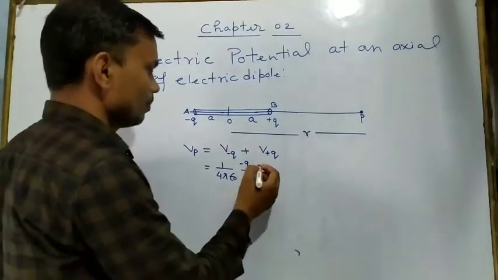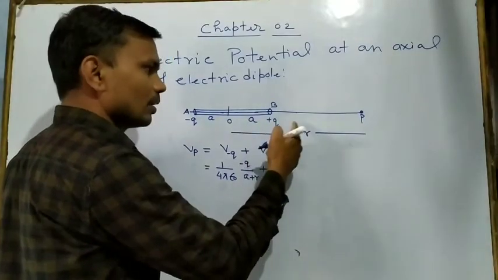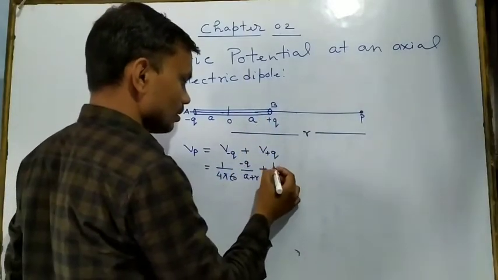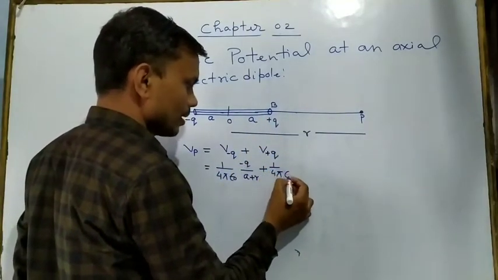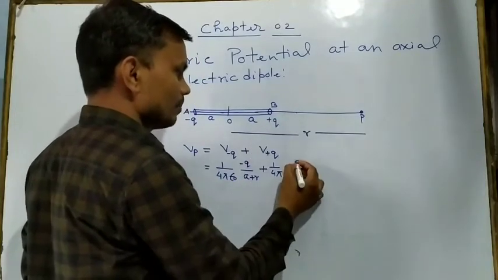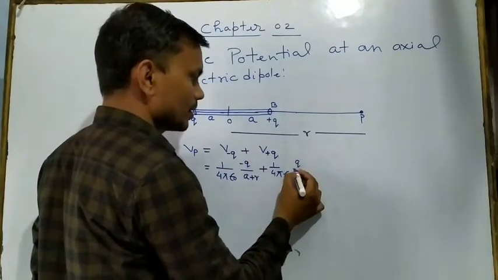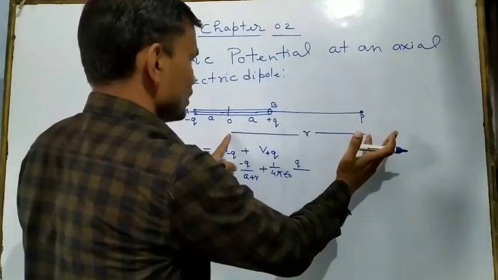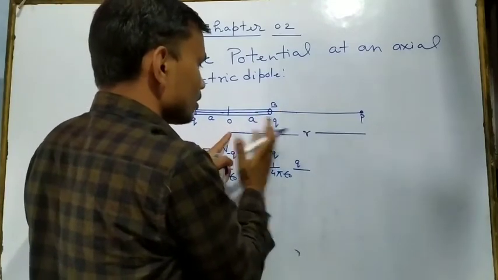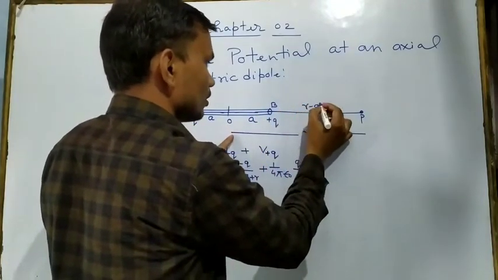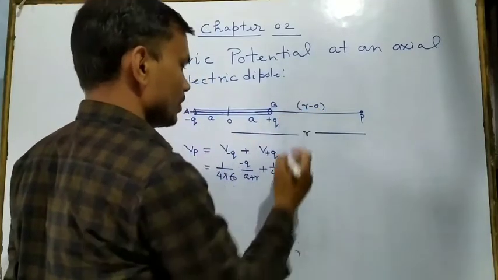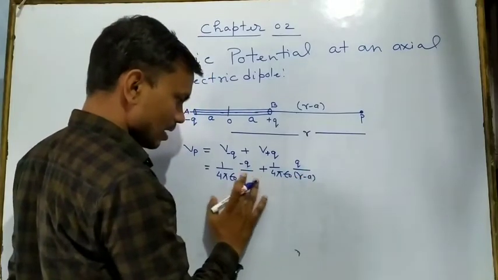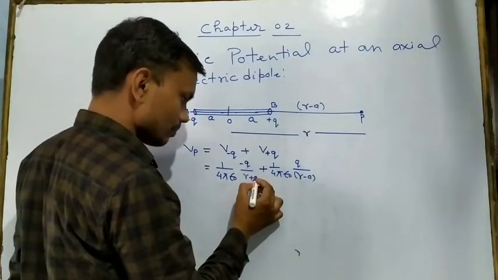Now plus the electrostatic potential at point P due to this plus q charge. So this is again 1 upon 4 pi epsilon naught, the charge is plus q, so we write plus q, and then the distance Bp. You have to see the total distance is R, and then this is A. When you subtract, means R minus A, so this is Bp, which is R minus A, so here you have to write R minus A. For symmetry here we are also writing R plus A, there is no problem.